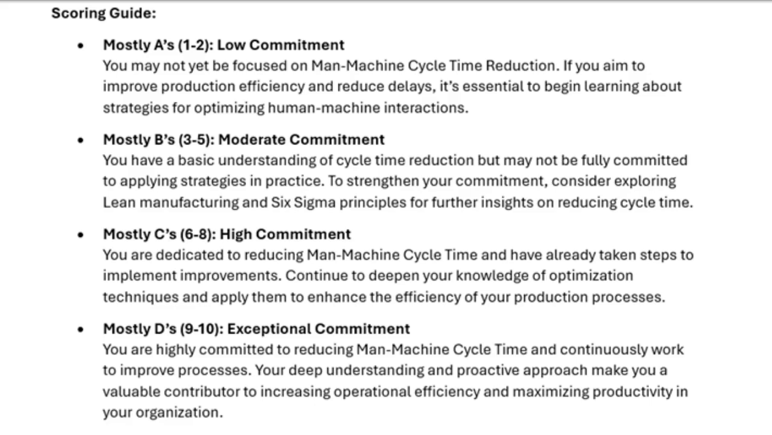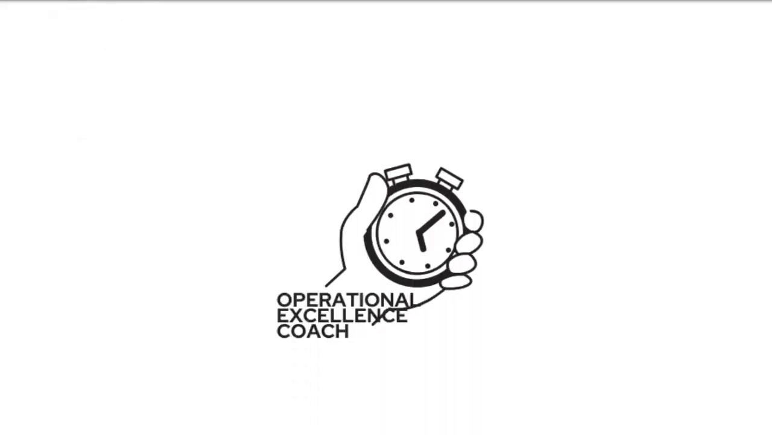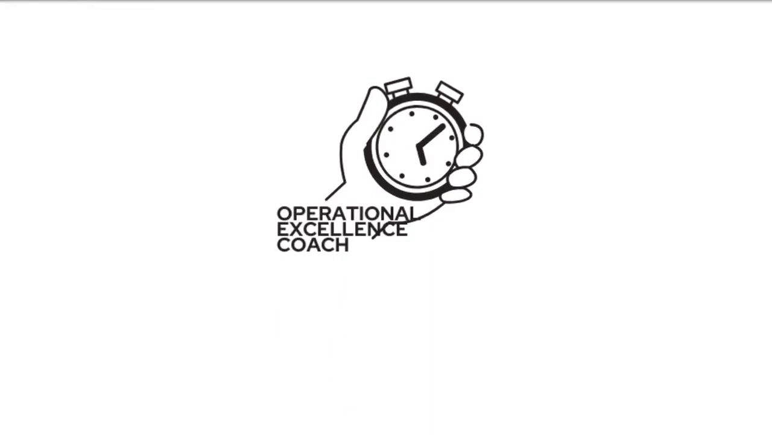Mostly D's, 9 to 10, exceptional commitment. You are highly committed to reducing man-machine cycle time and continuously work to improve processes. Your deep understanding and proactive approach make you a valuable contributor to increasing operational efficiency and maximizing productivity in your organization. Next steps. By completing this quiz, you've gained insight into your current commitment level to learning about man-machine cycle